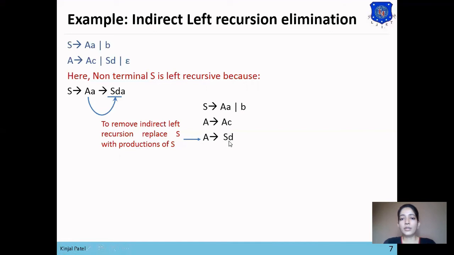So if we want to replace S with the alternatives AA, it will be AAD, and then if we replace it with B also, then it will be BD. So you can see the changes that we have replaced S with the production rule of S, and A produces null is as it is. So now we have removed indirect left recursion from the grammar.